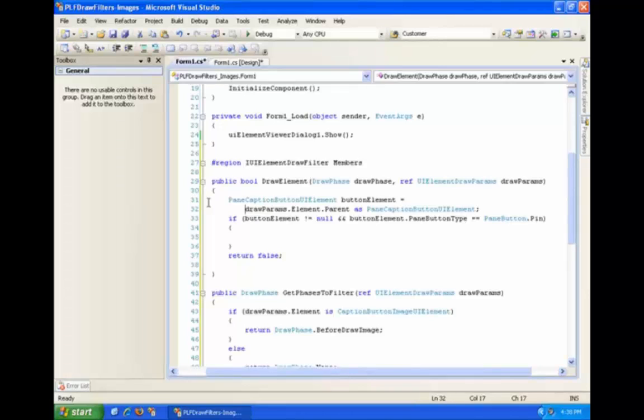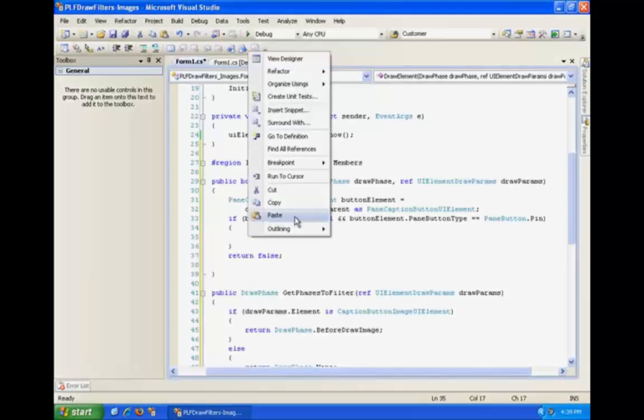If the parent element does not meet these requirements, we're going to return false, as this is not the CaptionButtonImageUIElement we're looking for. Inside the conditional statement, we'll add code to first retrieve the DockableControlPane object that is the ancestor of